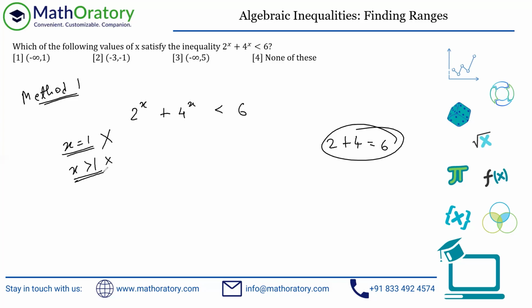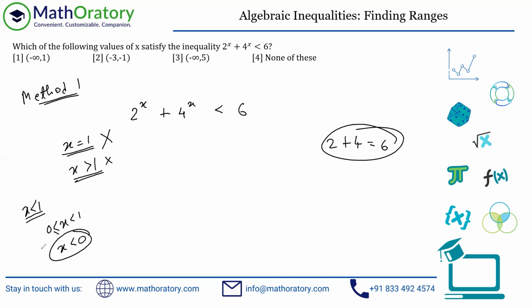Now, here I would ask you to be a little careful. In this question, you might not make a mistake if you have approached it in this way, but you should do what I'm going to say next. So when I'm taking x less than 1, I'm going to take it in two parts. One part being x lying between 0 and 1. You can include 0 also. And the other is x less than 0. That is a negative 1. You can test the negative 1 in this case first.